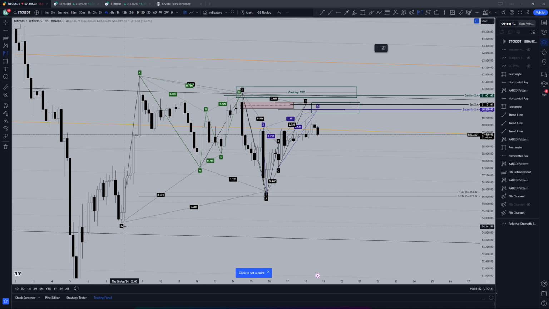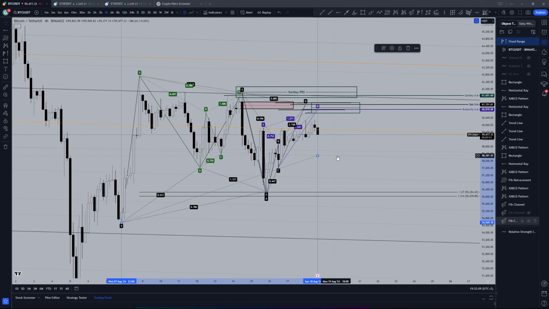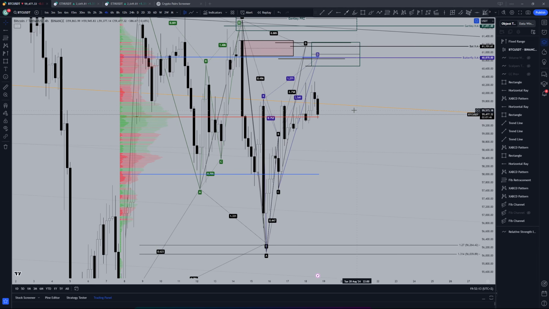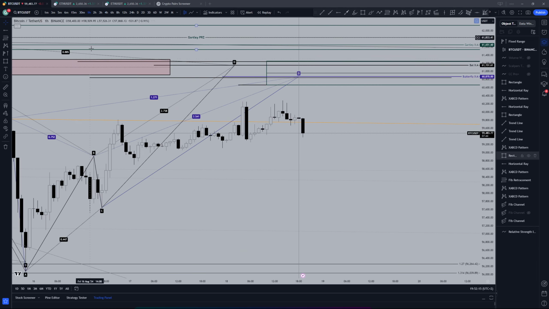And I'm going to pull a volume profile from this wave progression on the Gartley. Because I have a Gartley here, and because in my opinion, as I explained earlier, this pump up is a result of this Gartley, I'm going to use this Gartley to gain a bias. So I'm just going to pull a volume profile right over here. I'm going to zoom in and be like, okay,